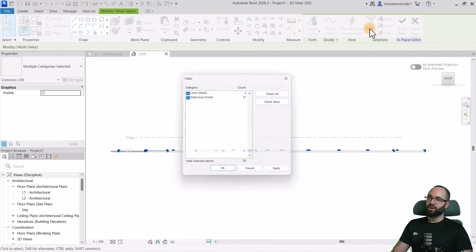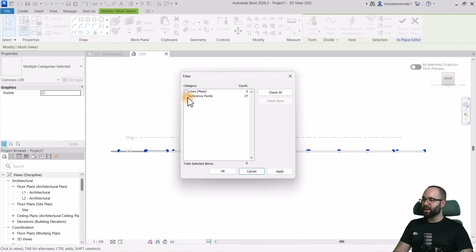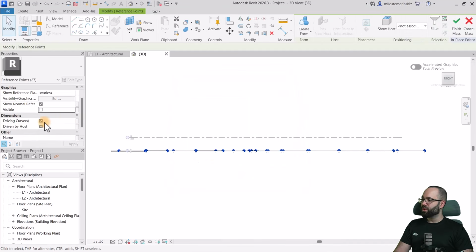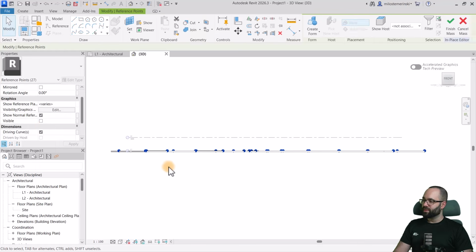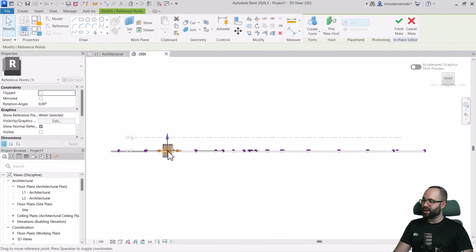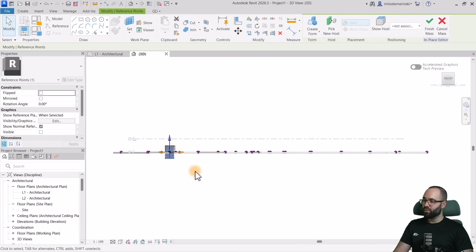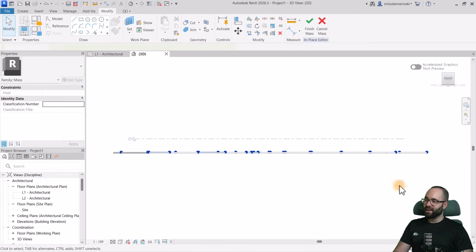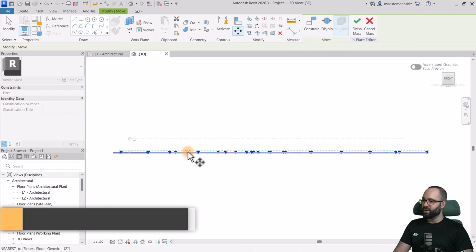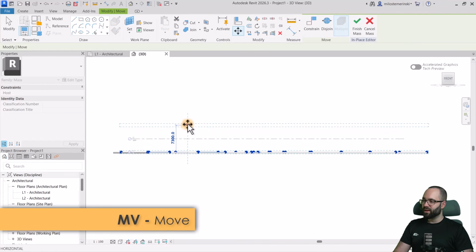Then I'm just going to go here to filter, go to check none, just check the reference points, hit apply, okay, and then we want to uncheck the driven by host. Once you do that, now the points have basically this gizmo that allows you to move them around. So now if we select the whole thing and then move it up by 8 meters,